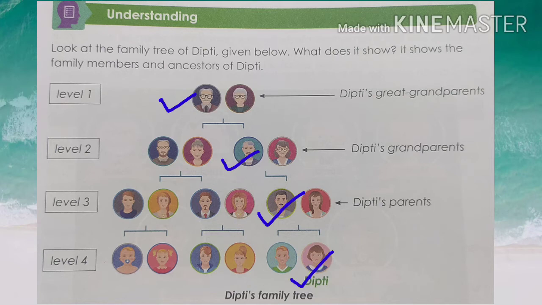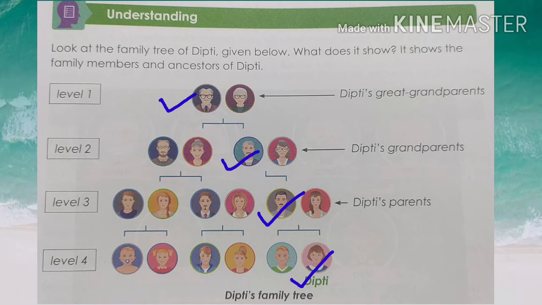Like a real tree, a family tree also grows with time. Let us find out how this happens. Your grandparents were kids long back as you are now. They had their parents and grandparents. As time went on, they gave birth to your parents. Your parents grew up and gave birth to you. In this way, the size of the family grows with time. As you grow older, you may also become a parent and then a grandparent.